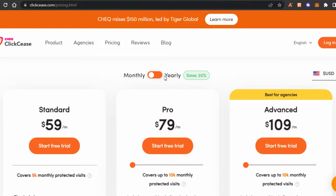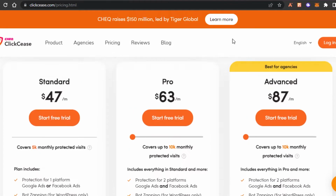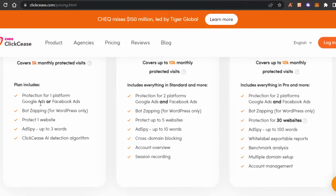If we go with the yearly plans, okay, so we will be saving up to 20%. And the standard one is going to be $47 per month. There is a pro plan which is going to be $63 per month, and then the advanced plan is going to be $87 per month. And if you want to cover, for example, more than 10k monthly visits, then you can just increase your pricing. So it starts from $47, and with the $47 plan, I can go ahead and get my protection for one